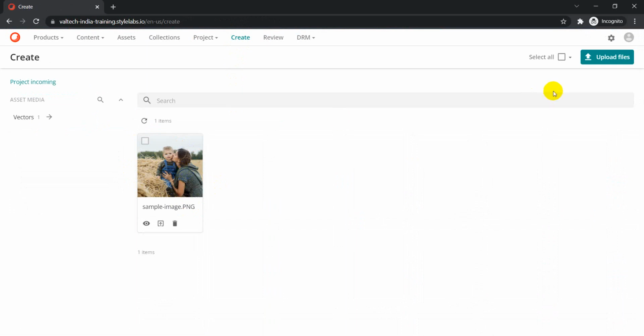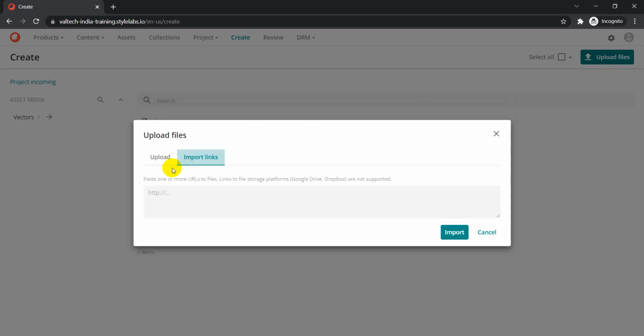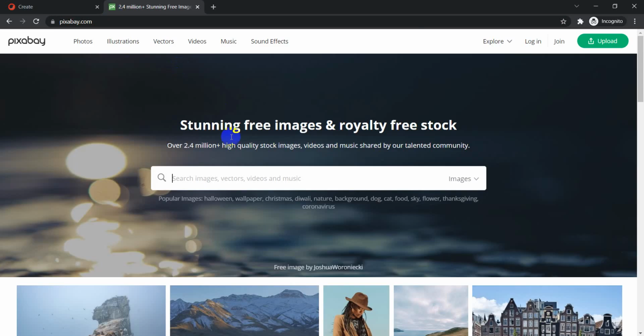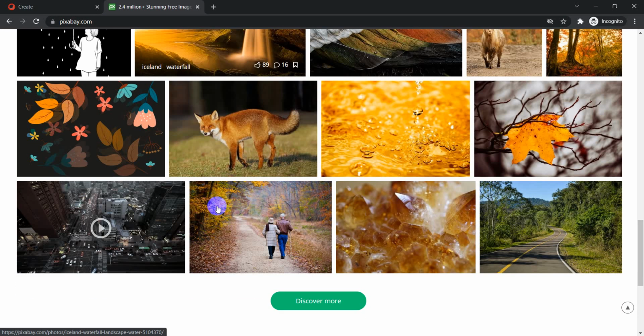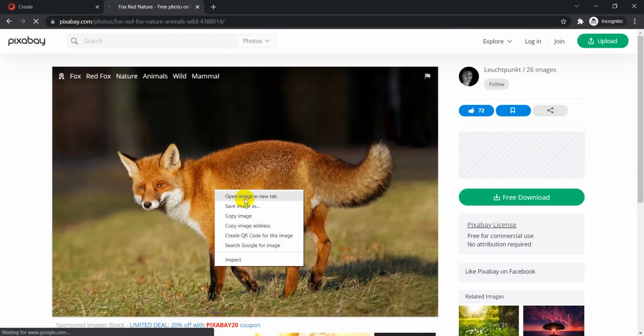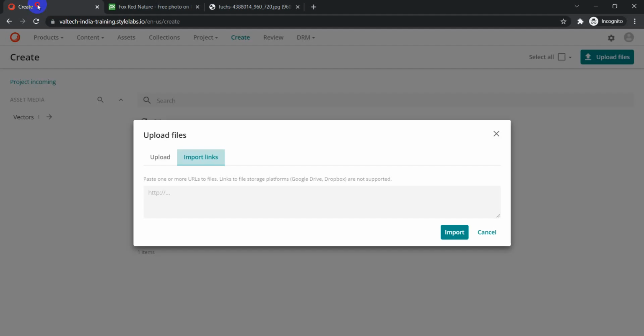Second option what we have is, if we click on this upload files and if you click on import links, so we just need to provide a public URL of your image asset which you want to upload into your Content Hub system. So what we can do, I can just go to Pixabay.com because that's where I have copied my first image also. So what I can do is, maybe I can just take this Fox image, copy image address. Okay, yeah, let me just go there, take this thing, go here. So now just click on upload files and then click on the second tab, that is import links, and just provide the link which you want to upload here and then click on import.